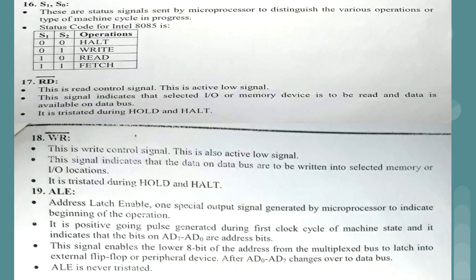So if this particular pin is set, in the first clock cycle the first byte address of the memory location will be stored inside AD7 to AD0. And this signal enables the lower 8 bits to be multiplexed, means if we are setting ALE to true, or setting the value of this latch to 1, we are making use of address bus AD0 to AD7 as a data bus. So whenever we want to use data buses to carry the data, at that time we have to enable this particular latch.